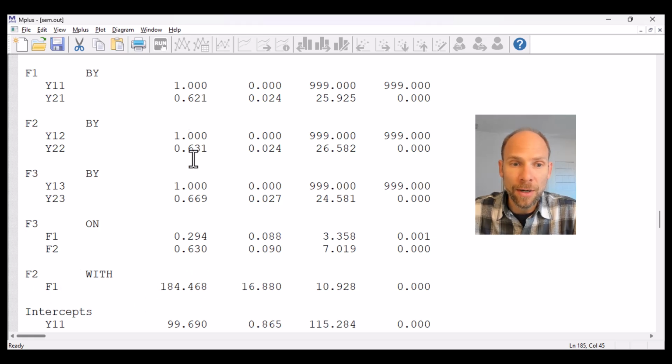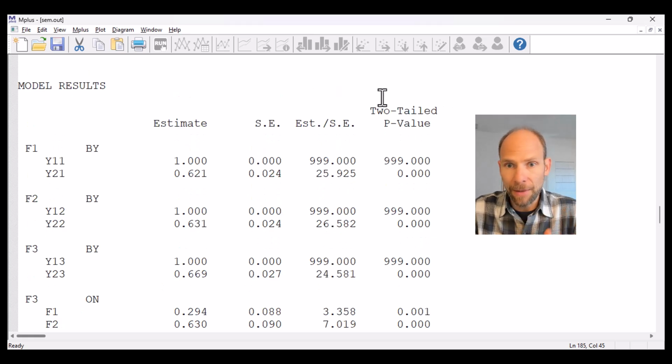And so we should look at these, and we should look at their standard errors to make sure that the standard errors are not abnormally large relative to the estimated parameter values, because that might indicate that there is a problem. For example, if you have factor loadings that have high standard errors to where factor loadings aren't significantly different from 0, as would be indicated by the p-value here at the end,